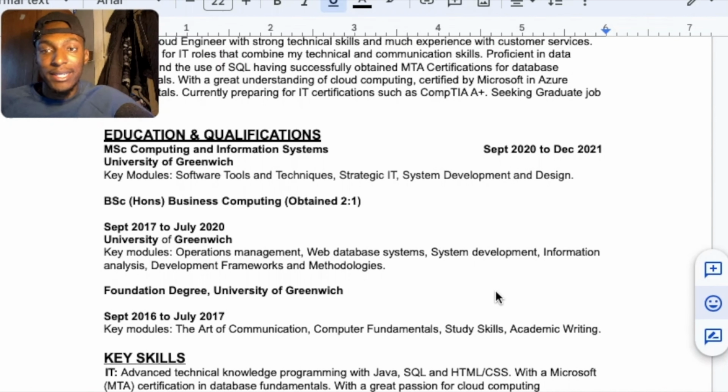Now we move on to education and qualifications, and I'm aware that not everyone applying for entry-level roles will have that much education or a degree or anything like that. If you don't have a degree or you don't have any sort of education or background, and you don't feel like the education you have would be a benefit for your CV as much, then this section shouldn't be second. The profile should be further down. But if you do have that section and you do have something to put in there, maybe it's a boot camp or a degree or some sort of college or something like that, then do put that in there,